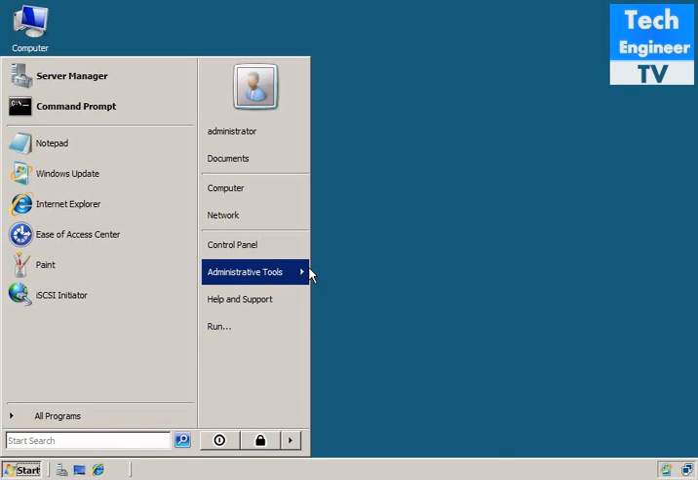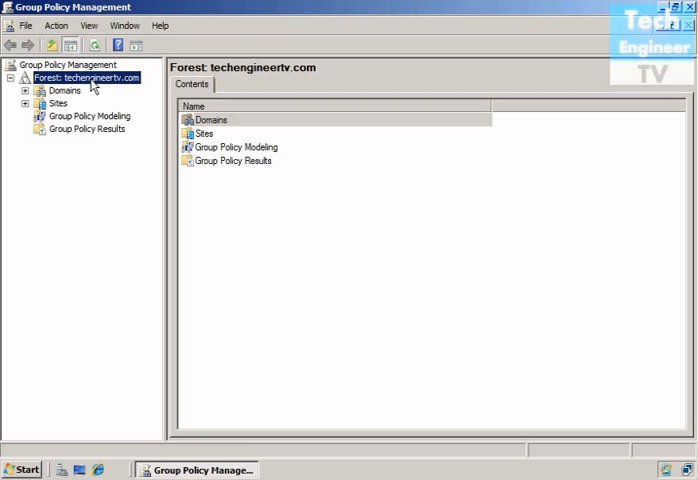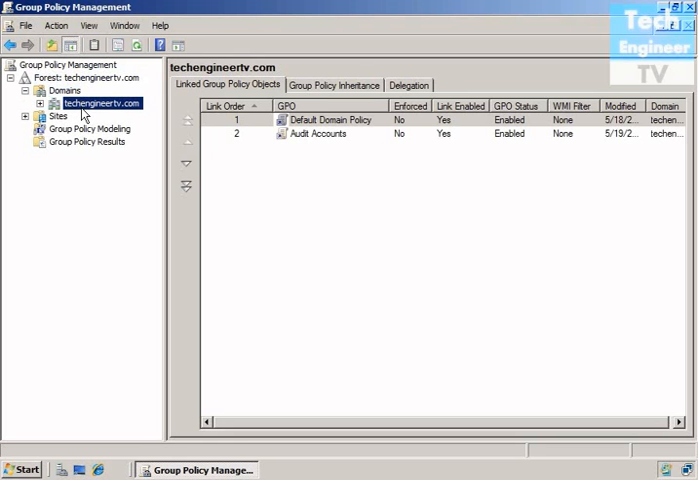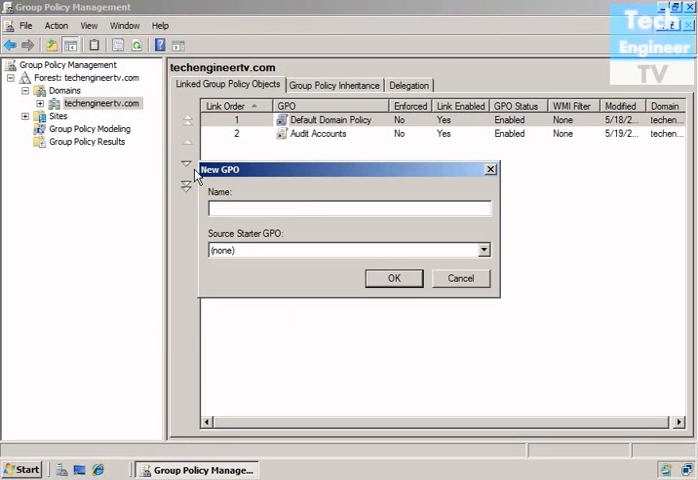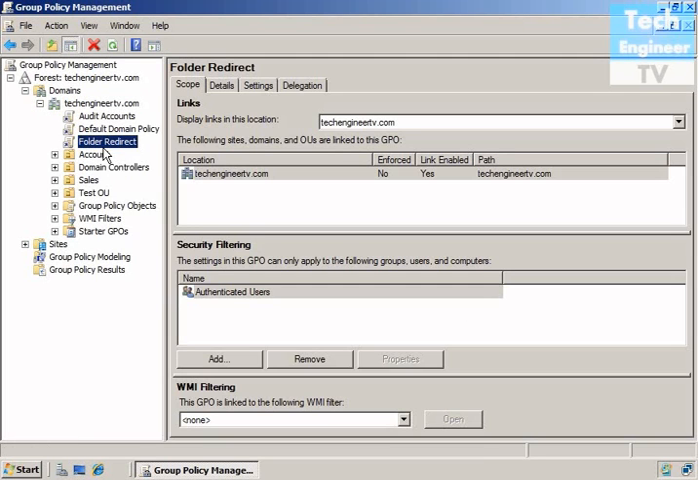So what I'm going to do is go to Group Policy Management, and under domains, packagegtv.com, create a GPO, create an OU and link it with the domain. Folder redirection, so that users will save their files and folders on the server and not on the client computer. So edit,